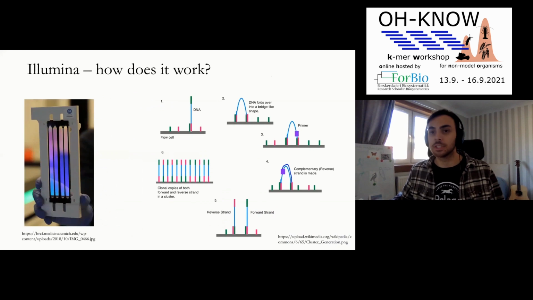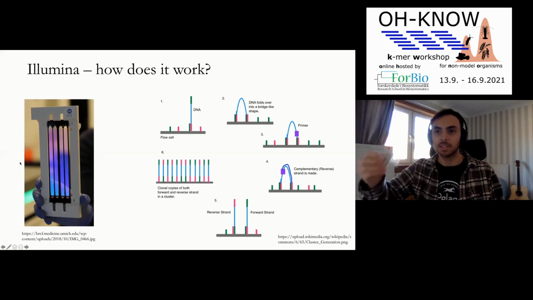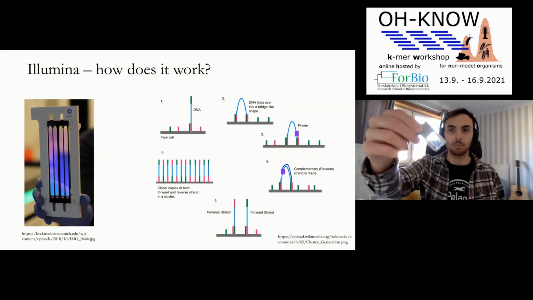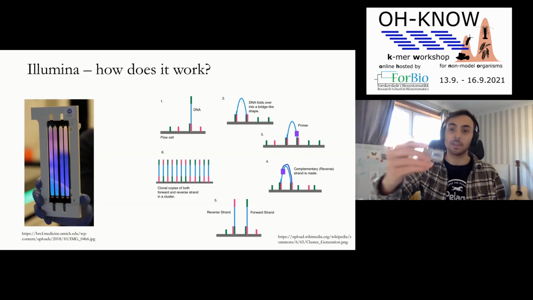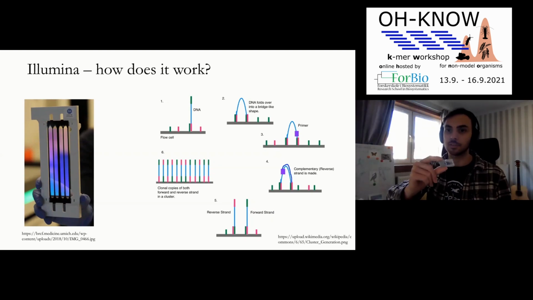Now, a lot of the other technologies actually use a similar approach, which is sequencing by synthesis, and Illumina is one of the ones that does that. This is an Illumina sequencing flow cell, which is from the new NovaSeq machine. I don't know how many of you have actually seen one of these, but I've got here, I think, a MiSeq cell from back in the day, a small cell that you would use in a MiSeq machine, and you can see that the difference in scale is pretty remarkable. This is the size of a stamp, if you can't see it.